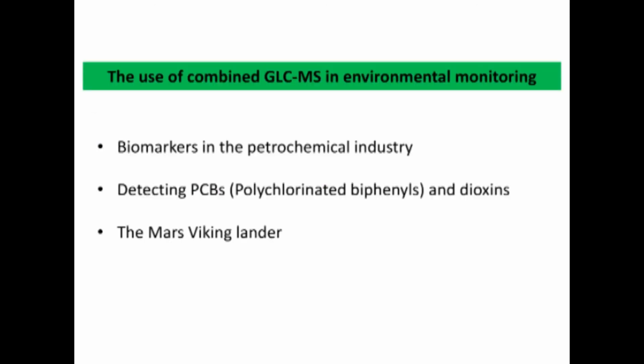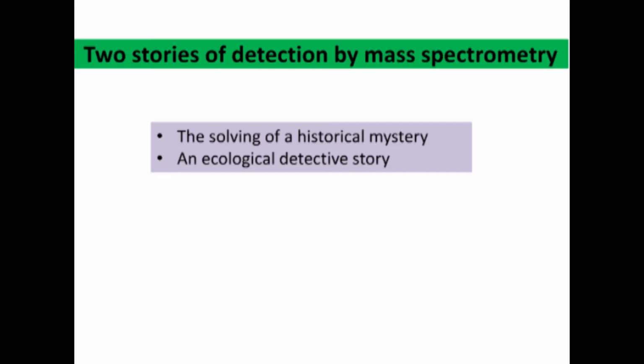The use of combined GC and MS in environmental monitoring, biomarkers in the petrochemical industry, detecting PCBs and dioxin, and the Mars Viking landers. Two stories of detecting with mass spectrometry, the solving of a historical mystery and